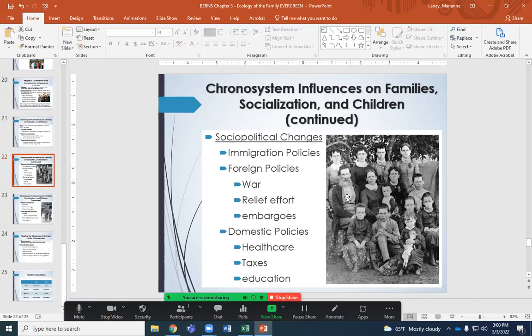Okay. Another, again, I put this picture back in here because immigration. So this is the chronosystem, right? Chronosystem. How has a family changed over the years, right? Immigration. People are still getting deported. People are getting stopped at the border. Families getting separated. When again, our country was built on come over to our country and make it better.